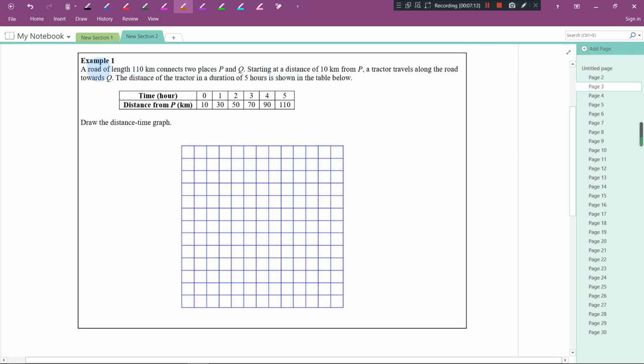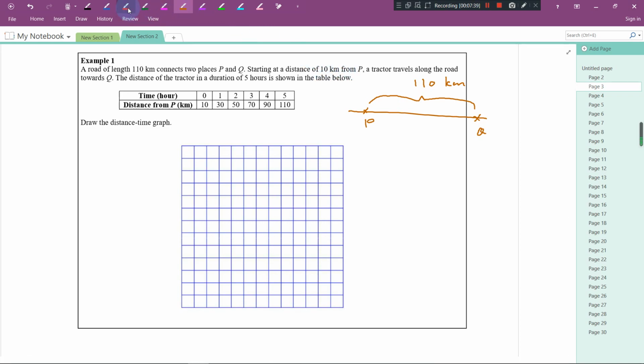Example number 1. A road of length 110 kilometers connects two places P and Q. So we have two places P and Q. Here is 110 kilometers. Starting at a distance of 10